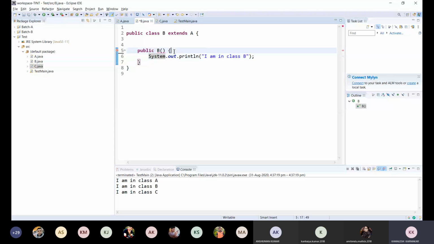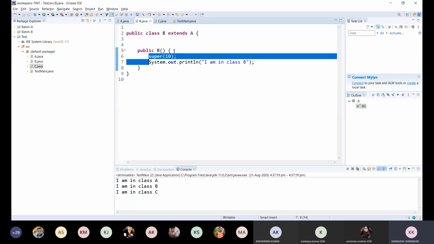Now, if you have any constructor which is not the default constructor, we have to explicitly call this constructor. That's why we have to call this constructor in this way. We have to use the super keyword to call the superclass constructor.